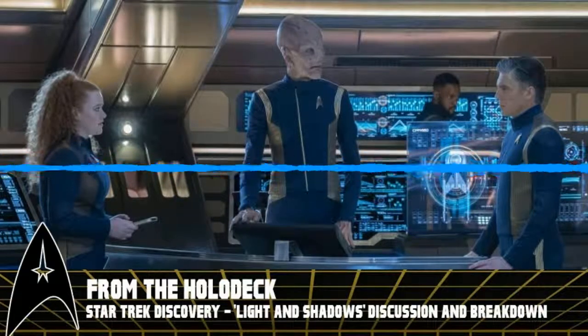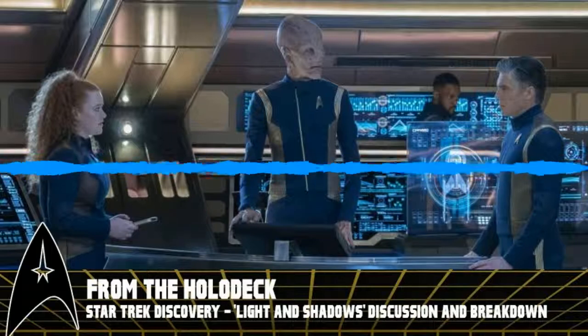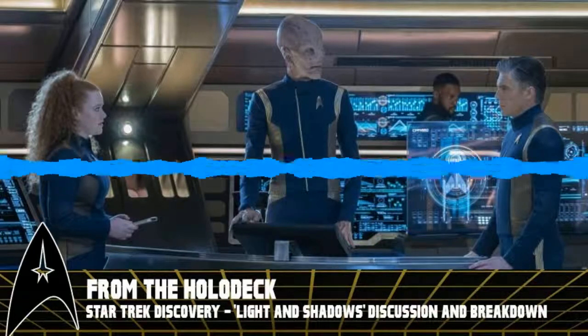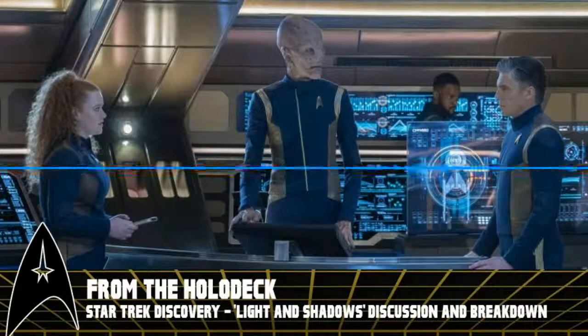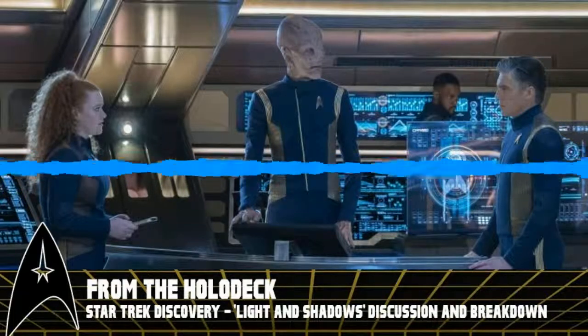That is really intriguing to me. The one thing I'm really intrigued by is whether they're going to tell us why Talos 4 was designated as a planet that was, I think it's rule number 9 or something. General Order 7. General Order 7. People were banned and not allowed to even approach the system, under penalty of death, which is severe. Yeah, because of the psychic abilities of the indigenous aliens that live there. And I wonder if they're going to actually touch on that, because it didn't seem like...